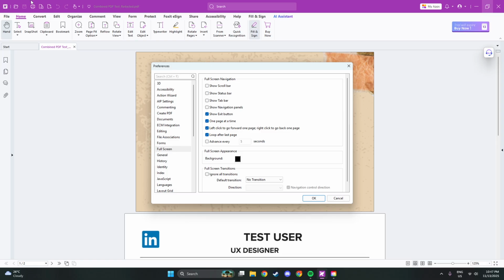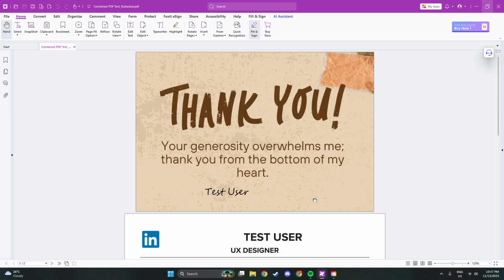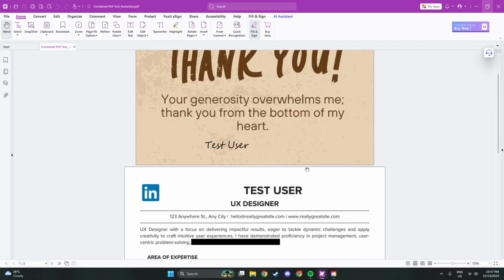scrolling back up. The final step involves adjusting your page display mode outside of full screen to ensure that your scrolling experience is as smooth as possible. To do this, click on the View menu and then select Page Display. Within the options presented, choose Continuous for a single-page view or Continuous Facing if you prefer a two-page layout. This setting allows for a flowing and uninterrupted scroll through your document, making your reading or presenting experience much more